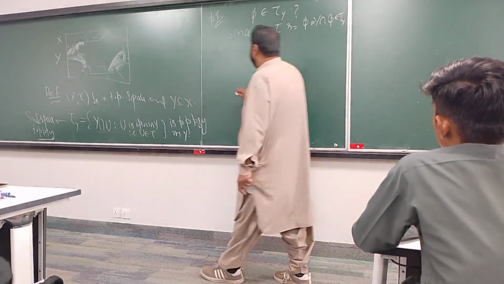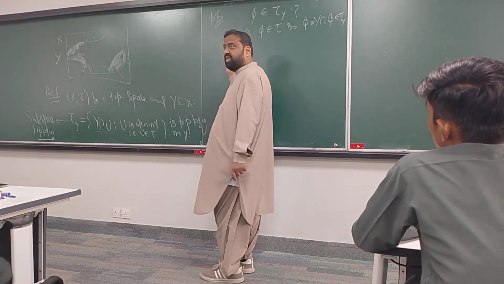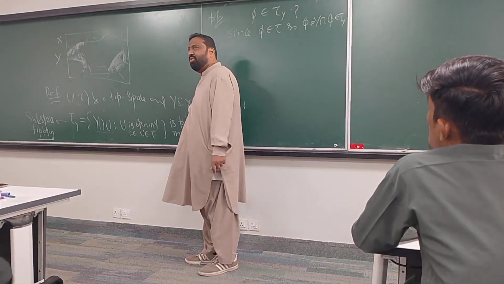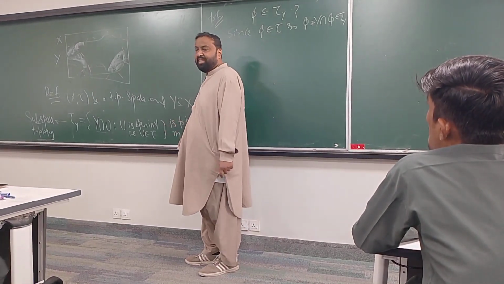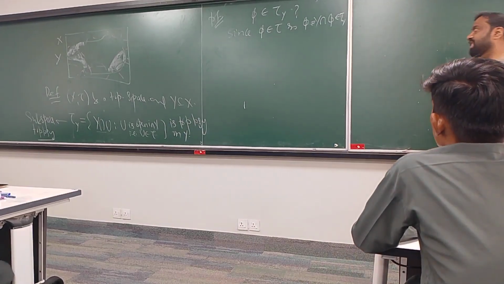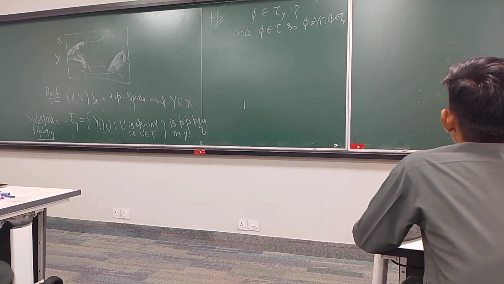And what should be the other property? X. Why? It's a topology on Y. Yes, sir. We need to justify that Y must be inside tau. So can you suggest or think of some set